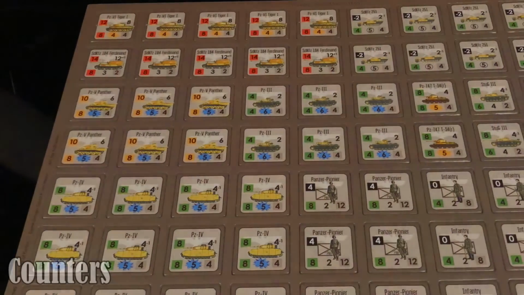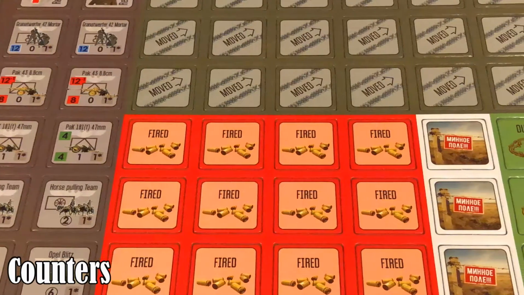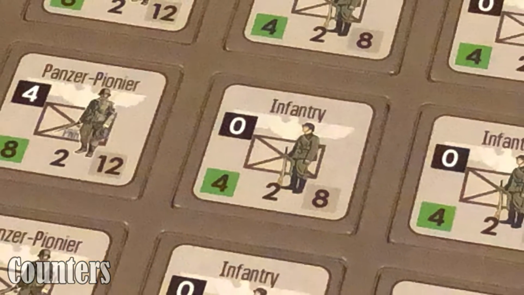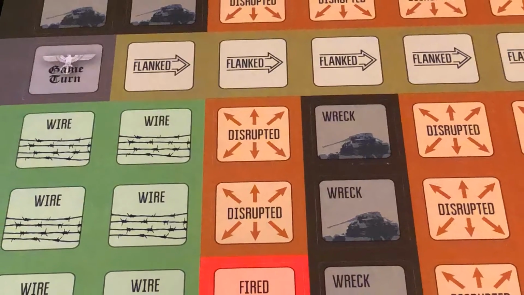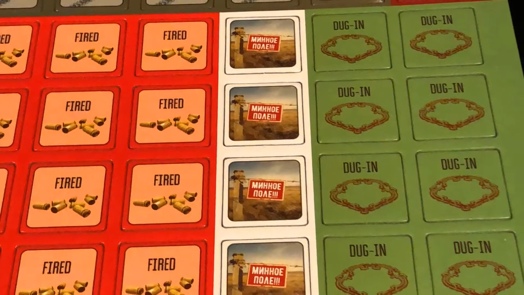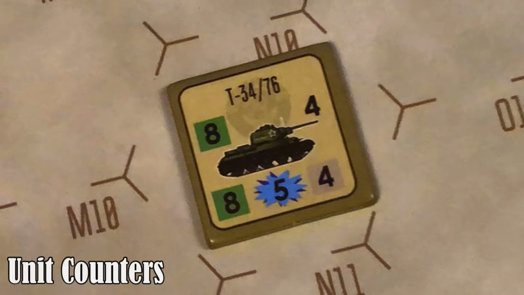The game includes 252 1-inch counters, showing units representing platoons of tanks, infantry, and combat support troops. Among the counters are various markers used to keep track of various game functions. Let's take a look at the information in a unit counter. This is a Soviet